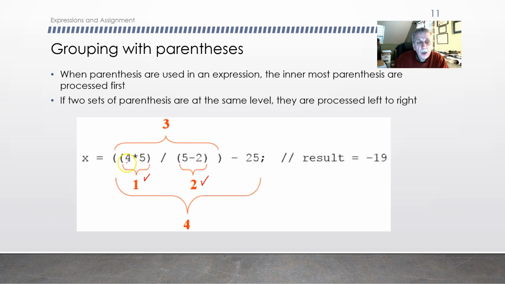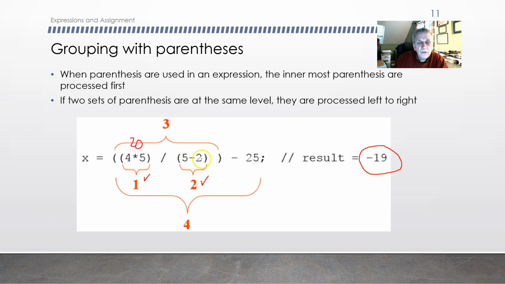It's kind of interesting. 4 times 5 will give us 20. 5 minus 2 is 3. 20 minus 3, what's the result? Well, you can see over here that we're showing the overall result as an integer. Therefore, the assumption in this particular example is all of this is integer, okay? Remember, 4 is an integer literal. 5 is an integer literal. This is not 4.0 or 5.0, which would make these doubles. These are all integers. So we have the 20,